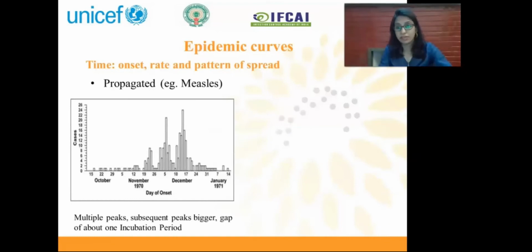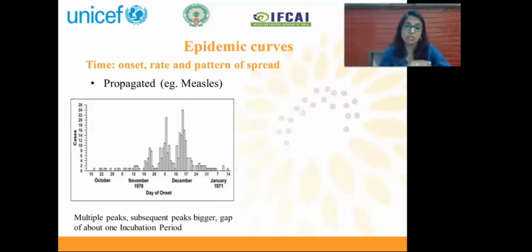Then there's another kind of spread of infection, propagated, which is our COVID-19, where the infection happens, and this can happen in many infections in ICUs and your wards. A few infected cases come into your ward, they infect another few, and there is one peak which is within one incubation period. Then these people infect many other people who they get in touch with, and within another incubation period, you will see another peak,